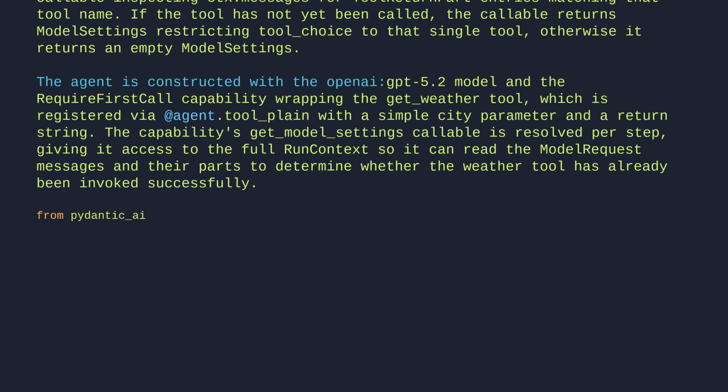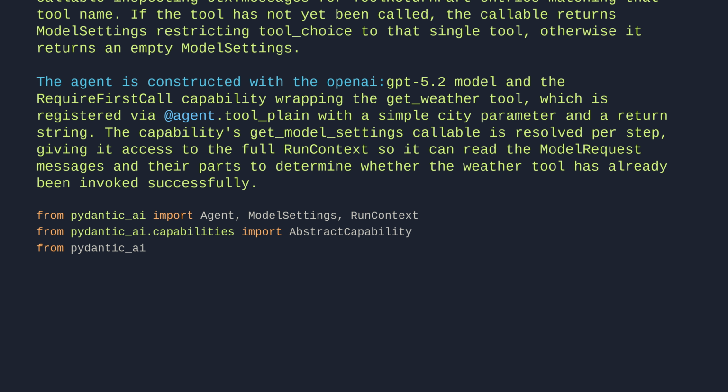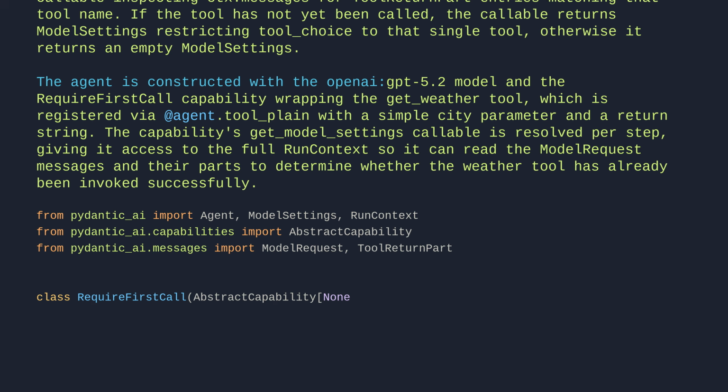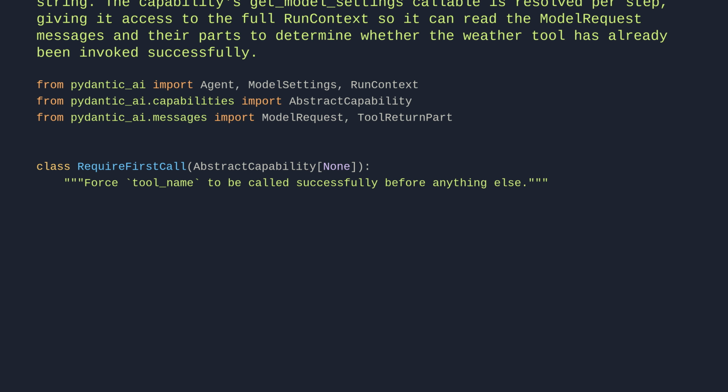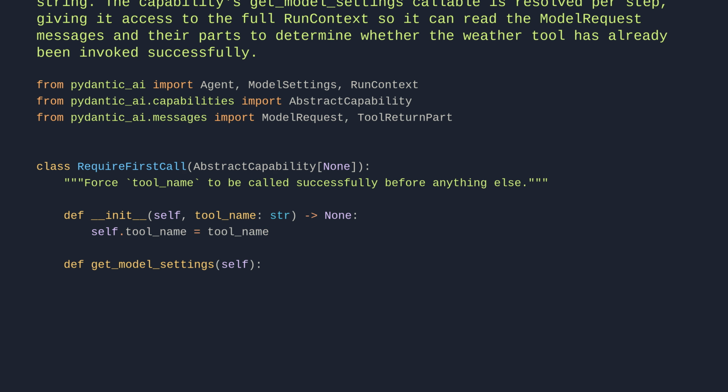From pydantic_ai import Agent, ModelSettings, RunContext. From pydantic_ai.capabilities import AbstractCapability. From pydantic_ai.messages import ModelRequest, ToolReturnPart. Class RequireFirstCall(AbstractCapability[None]): Force tool_name to be called successfully before anything else. Def __init__(self, tool_name: str) -> None: self.tool_name = tool_name. Def get_model_settings(self): def settings(ctx: RunContext[None]) -> ModelSettings: